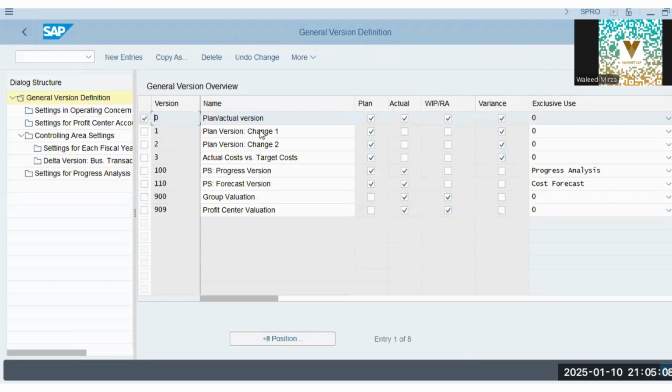Now, versions basically, we have different versions. Plan actual version, which will capture all the plan values, actual values, and work in process values, variances at the end of a month of a production period, and it will calculate work in process through production orders, and it will also plan the costing, and the actual values will be captured also. But we can have different versions for group valuation, profit center valuation. Okay, we can have different versions with different currencies for group valuation and profit center valuations as